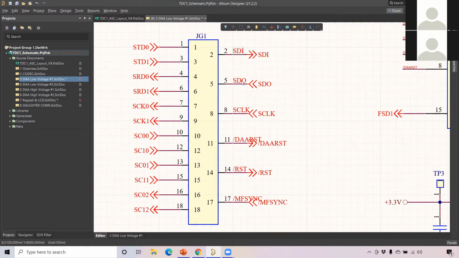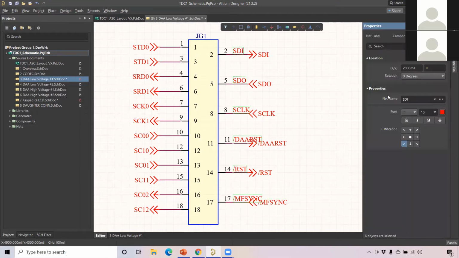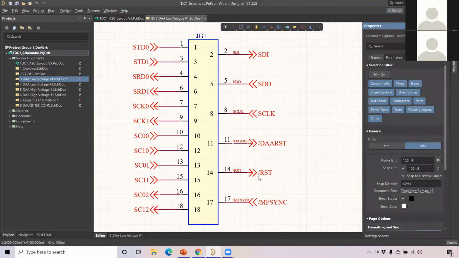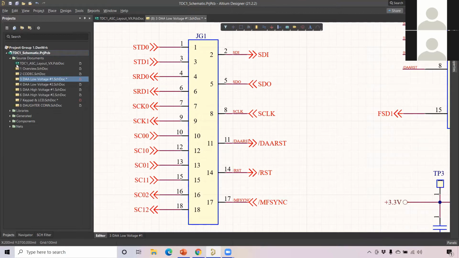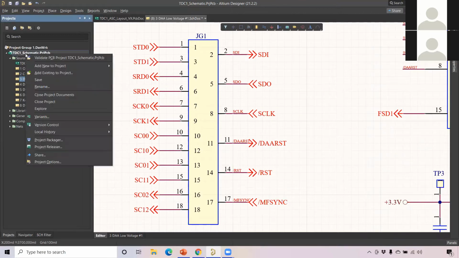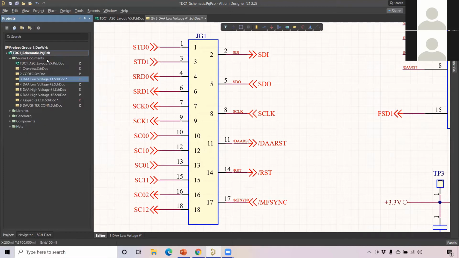So next I'm going to change the size of the net label names to be similar to the other net label names. Selecting all this, you can go to the properties. Then let me change the size to 6. And then the color is already the same. Once I have done this, again we can right click on the project header and validate it. Now I click validate, my message panel never pops up. So that means there is no error.